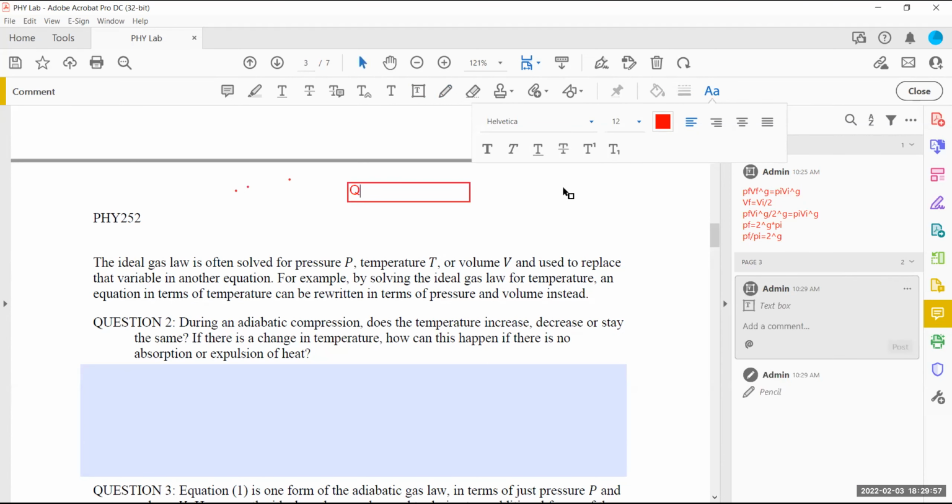So Q is equal to 0. That's what we're saying. So there is no adding heat, there is no removing heat in this process. Yet the question is asking during an adiabatic compression. That means the pressure goes up. Is there an increase in temperature or decrease in temperature? Compression also, you can think of it as the volume shrinking.